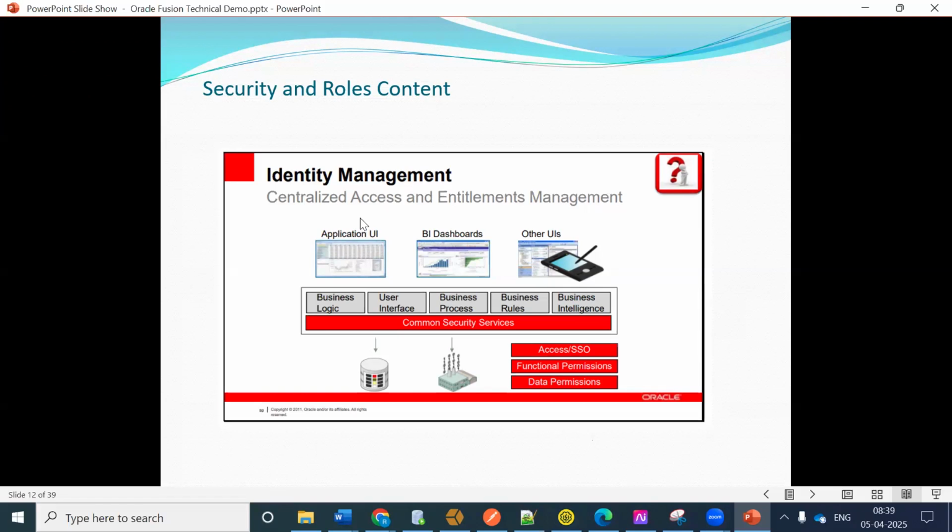It has integrated with our Fusion application. Here we call security and the roles team. So by using this application, you can create a user and you can restrict the end user however they want the access. The application user interface, the business intelligence dashboard, and other user interfaces you may restrict by using